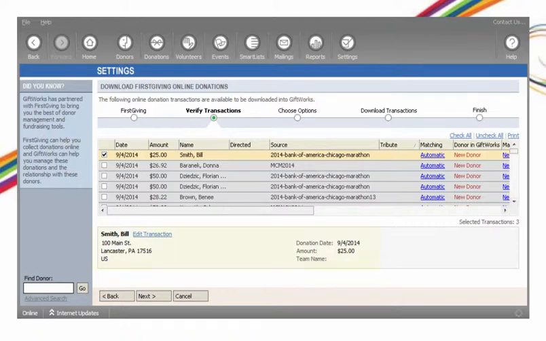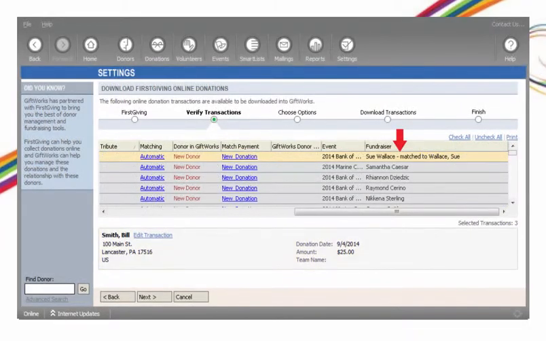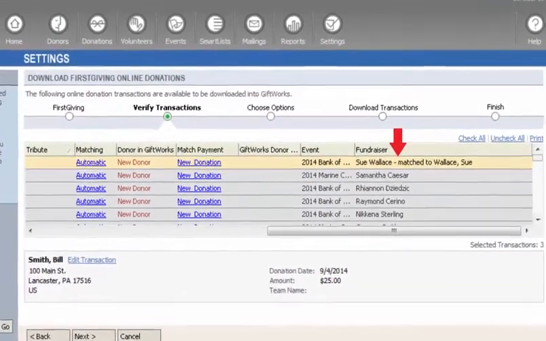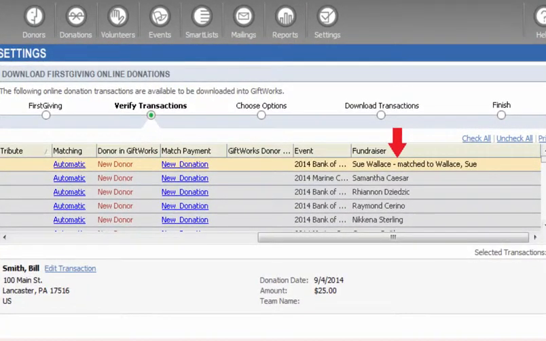donations. Here, we can see that Bill Smith gave a $25 donation. If we continue to scroll over, we'll see that the donation was given through Sue Wallace's fundraising page in support of her participating in the Chicago Marathon. A new column in this view, Match Payment, will indicate if the donation matches an outstanding pledge payment. If so, the donation will be used to credit the outstanding pledge to make sure that pledges are up to date. In this case, Bill's donation does not match an existing pledge, so it will be downloaded as a new